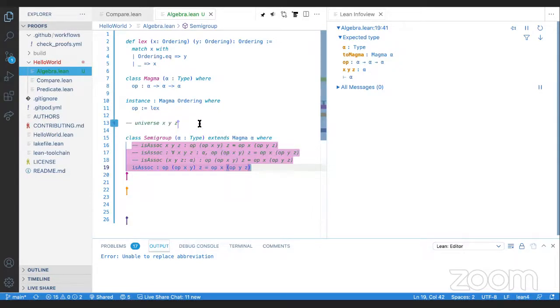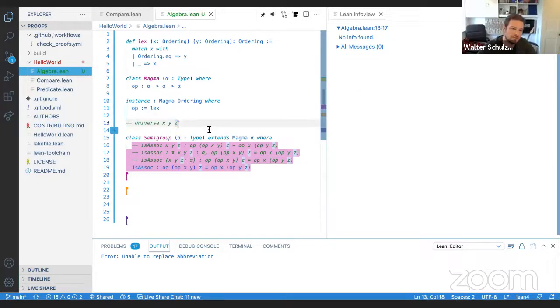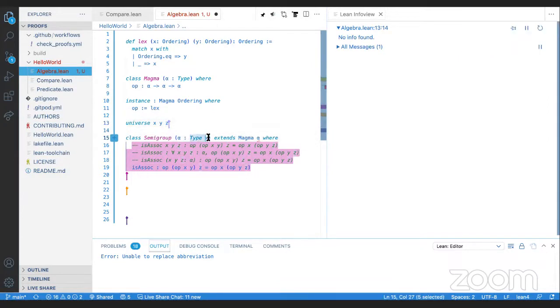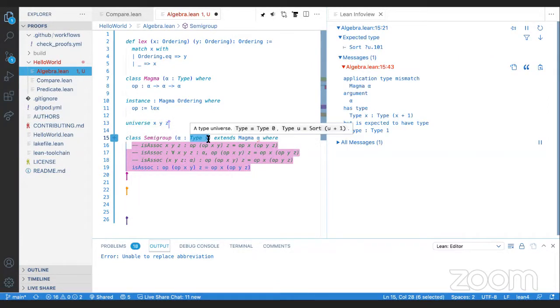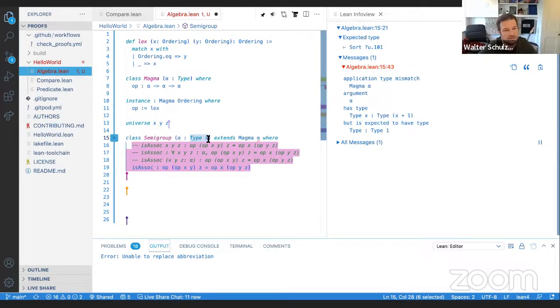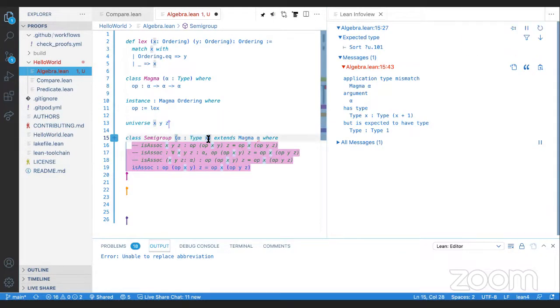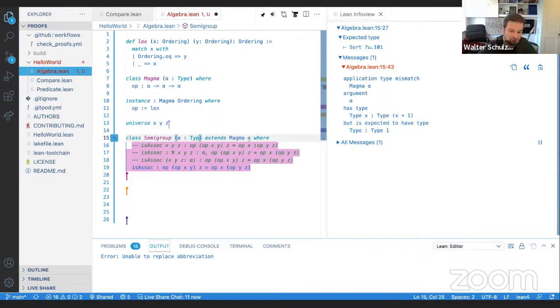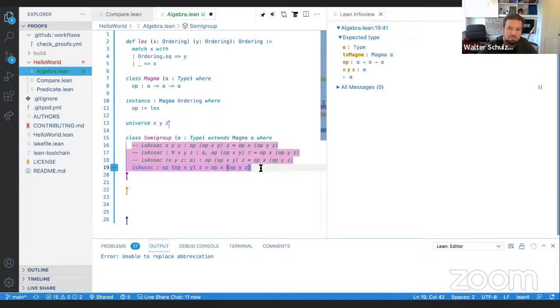Yeah, so this universe thing is usually used if you want to say Type X. If you want to indicate Type 1, Type 2, Type 3, it says which type universe this is in. This is usually what it's used for. I think the only reason it's working now is because it is inferring X, Y, and Z need to be